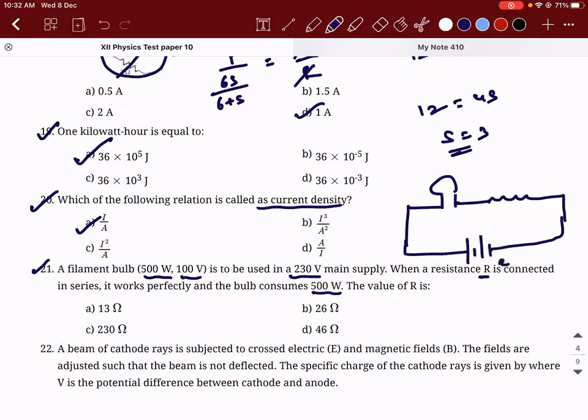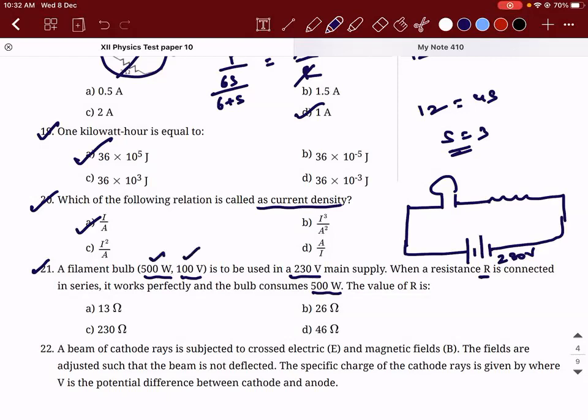Are you guys able to relate this concept to AC? This 230 volt that they have given here, is it DC or AC? It is a DC value, which is equal to the RMS value of AC. That is why you understand there they give 220, 230. That is why we take RMS value, because the RMS value of an AC is the equivalent DC amount. Try to understand that concept. So this can be related to the concept there.